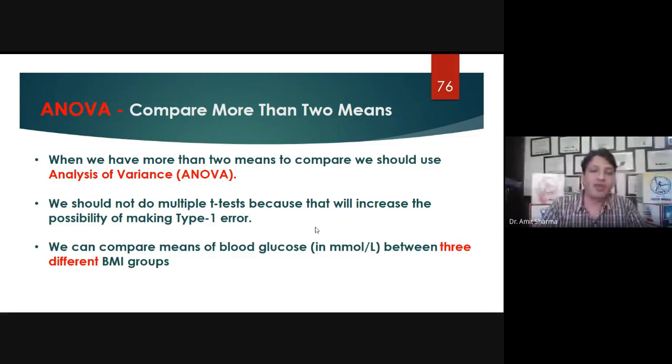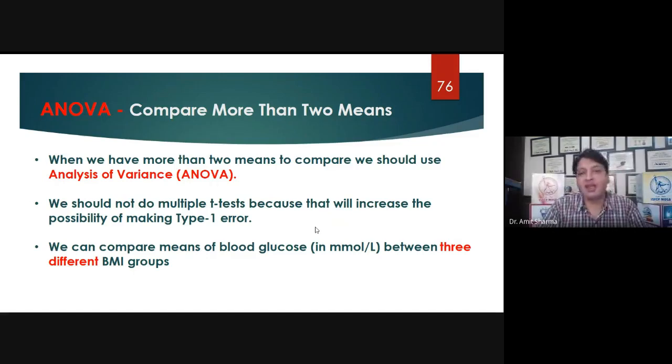We have to apply the test once only, to reduce the chances of error and the type of error which occurs while applying the test, which I'm talking about again and again: the confidence interval of the study is 95% and the chance of error is 5%. That chance of error is called type 1 error, or alpha error.